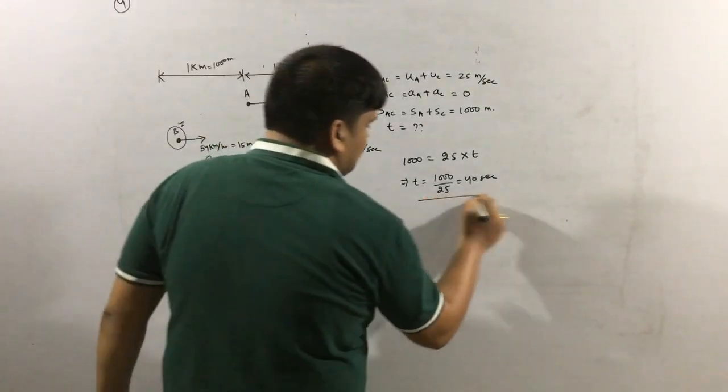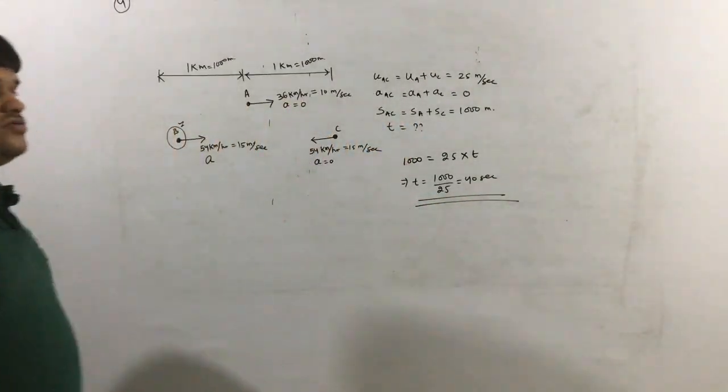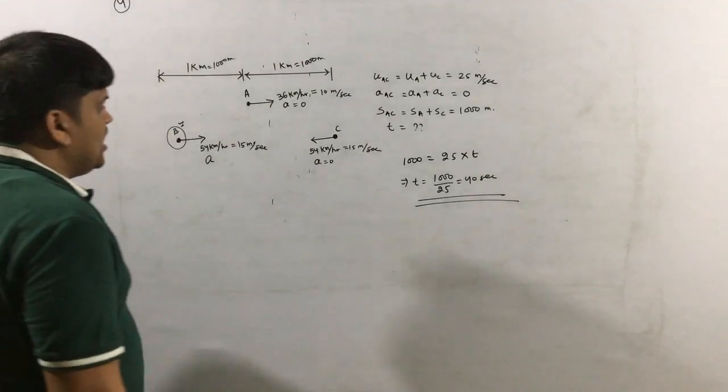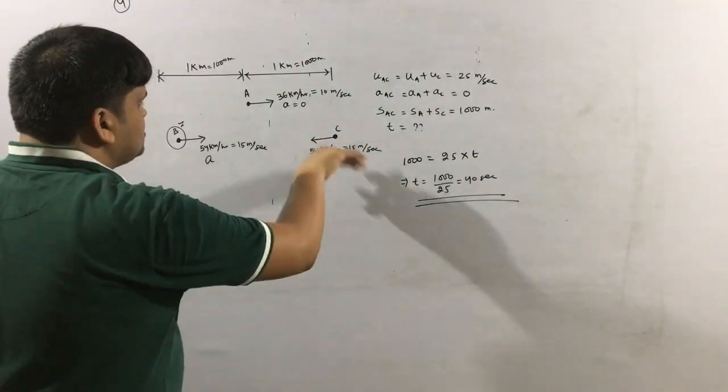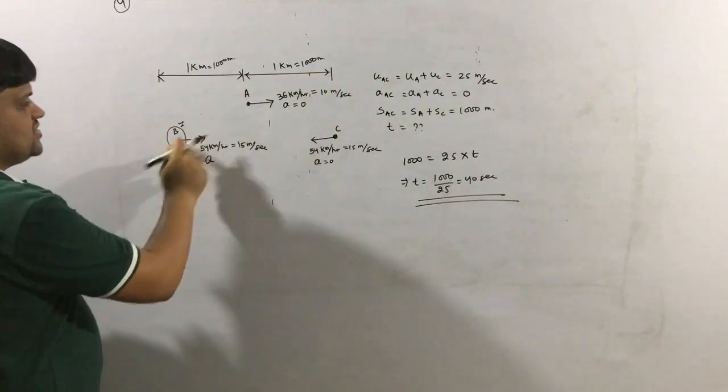Now remember this part. Now what is our actual question? Actual question is the B. Now forget about C. Okay. Forget about C, forget about that. Now just check these two.